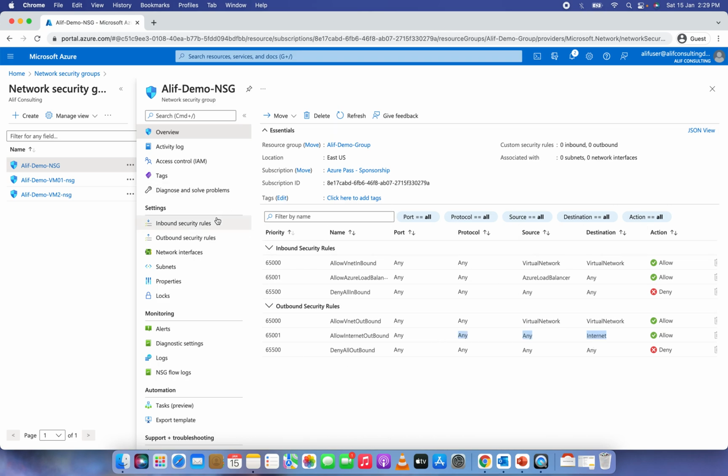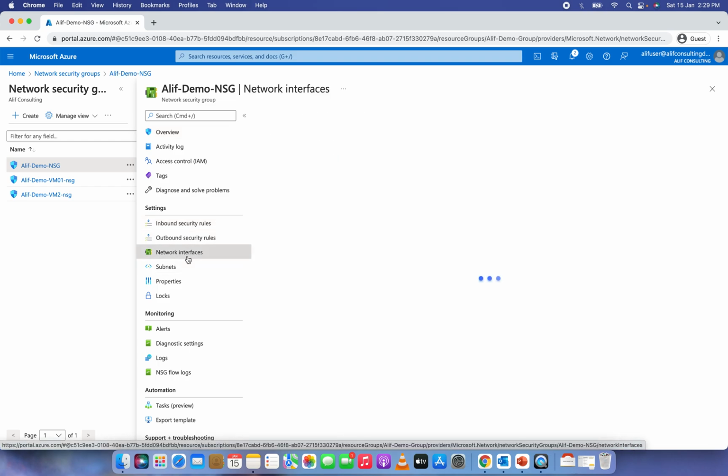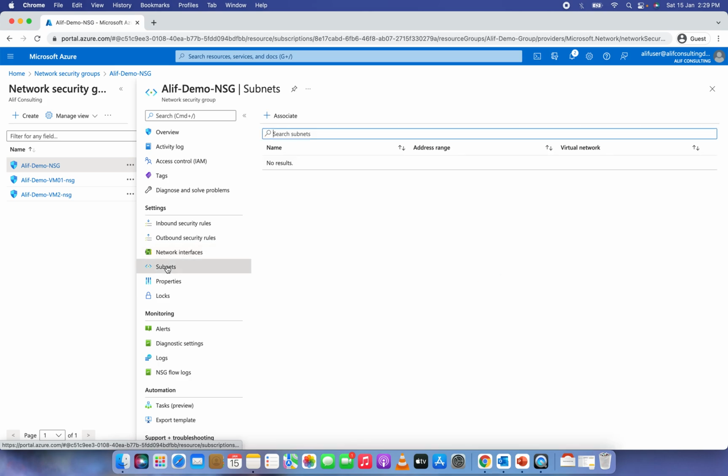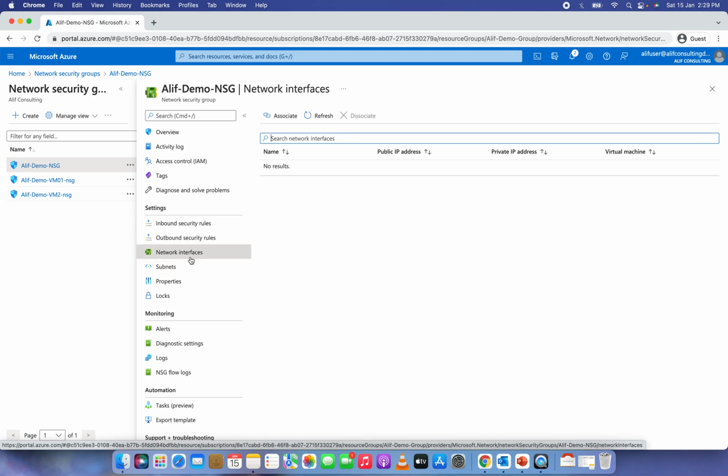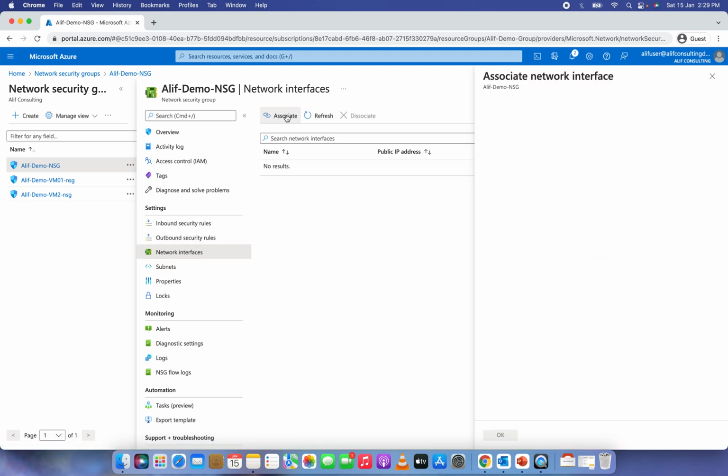All right. So we have two ways of attaching this NSG. We can attach it on the network interface, and we can attach it to the subnet as well. Associating with the network interface is pretty simple. We just need to go on the network interface, click on associate, and then we can select on which network interface